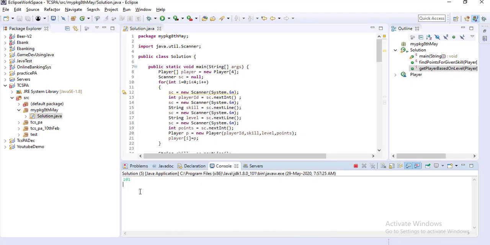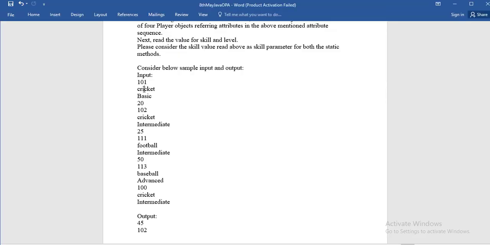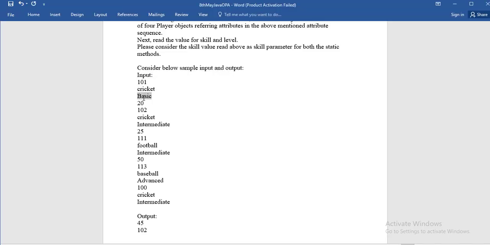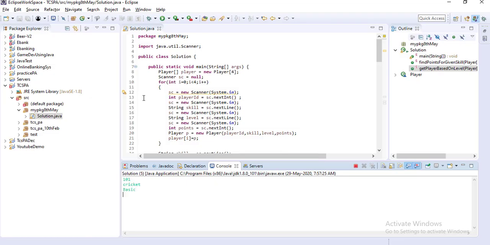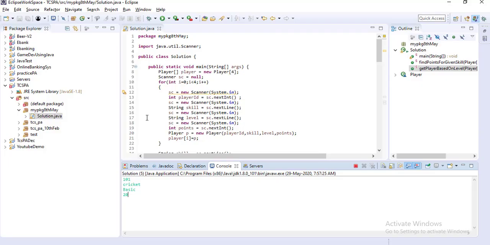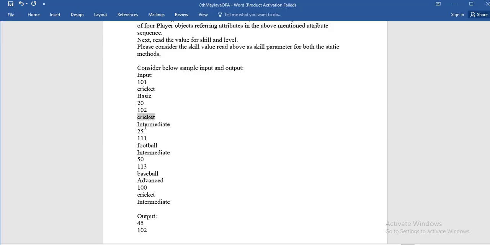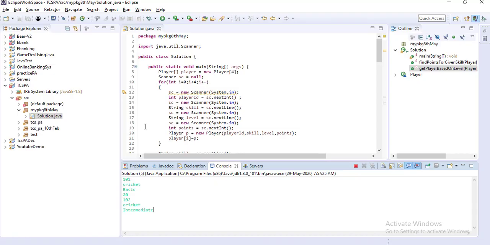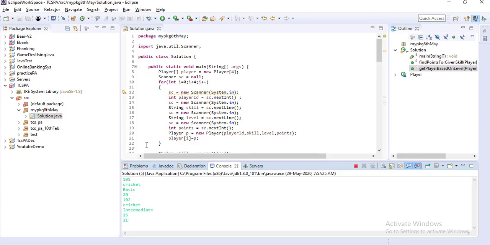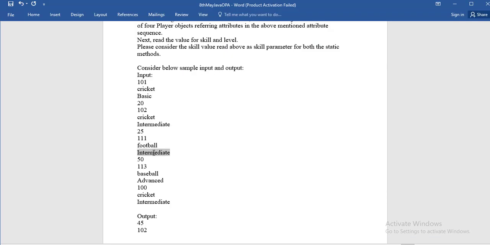Give the input one by one: 101, then cricket, then basic, then 20, 102, then cricket again, then intermediate, 25, then 11111, then football, then intermediate.